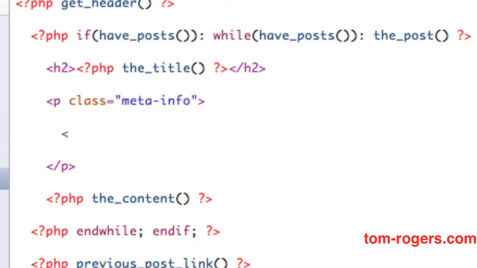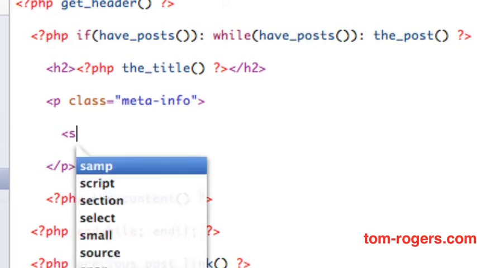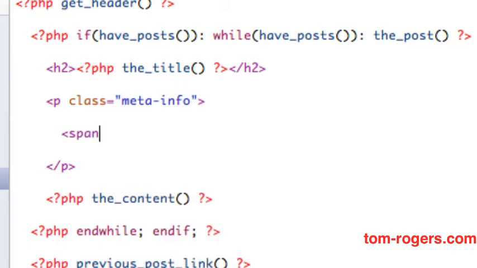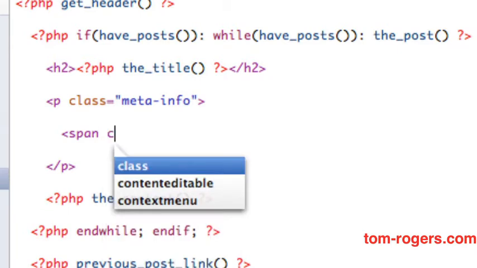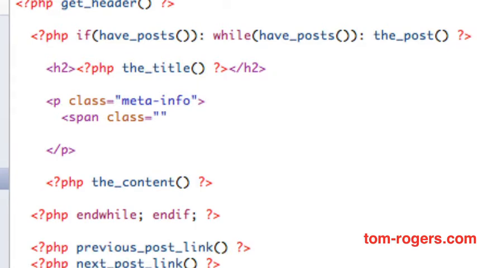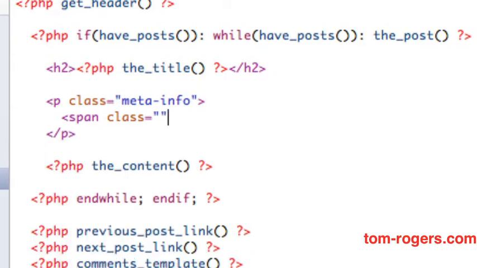The first one's going to be a span, with a class, and this is so we can manage these things independently. So we're going to have a span with a class of date,